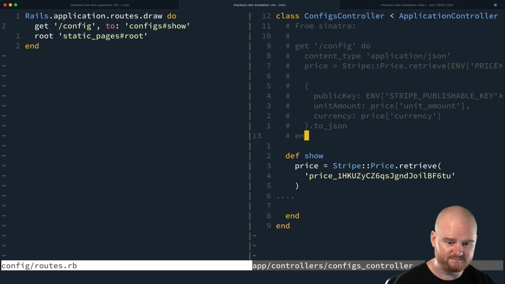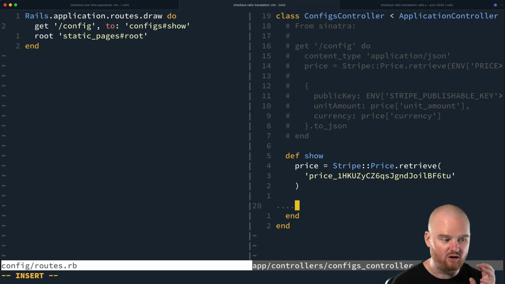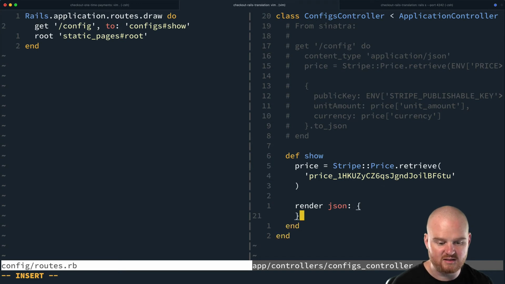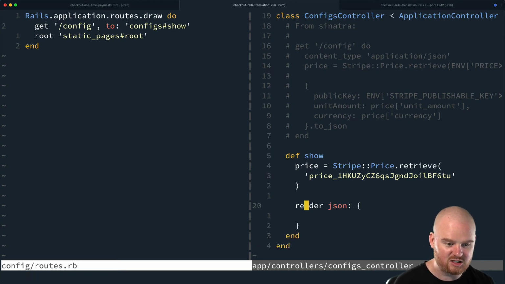So in Sinatra, the return value of the block, so this do end block, is what's returned to the client. In Rails, we have to call either render or redirect. We can only do it once per controller action. In some cases you might want to either render or redirect depending on the logic in the controller. In this case, we want to render JSON. So we can say render and then pass it this hash where the first key is JSON and the value is some dictionary. And in this dictionary, I'm actually just going to copy this and